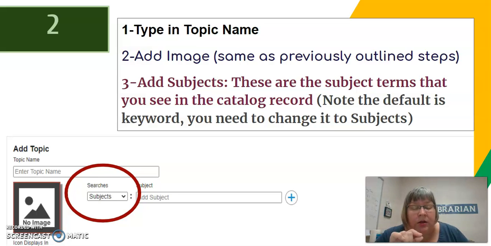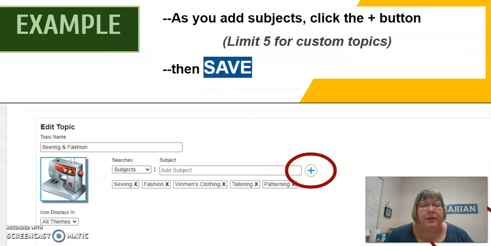And now when you open this up, that default drop-down box is keyword. You need to change it to subjects. It'll let you put up to 5 subjects, but you can only put 1 keyword. So that's pretty limited. So if you want an expansive search, then definitely change it to subjects.